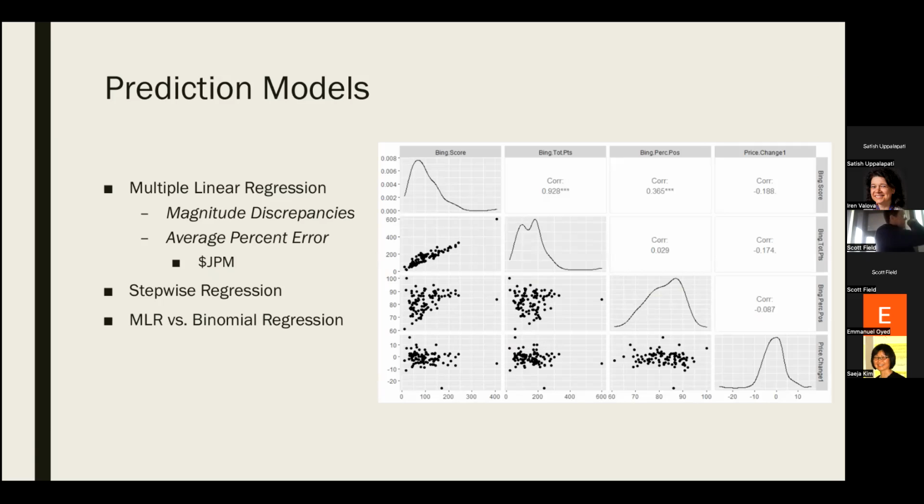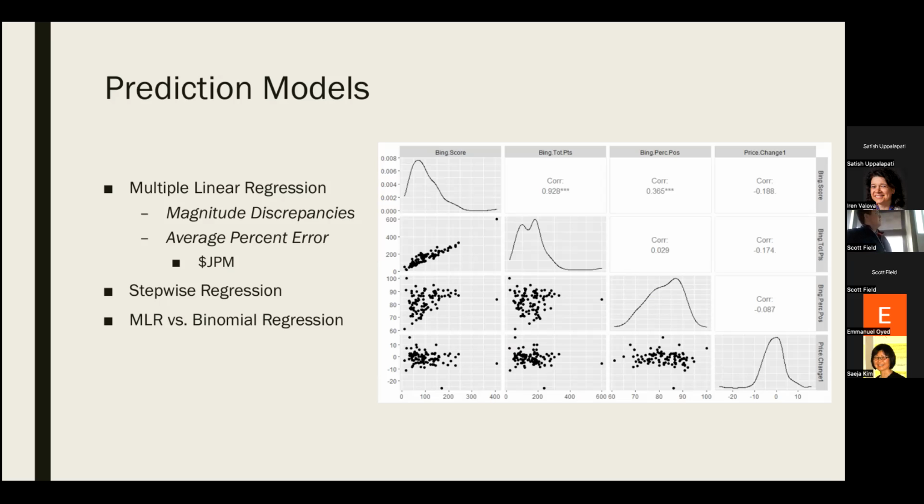And then right down the center is the distribution of each variable. As we would assume, the distribution for the price change is normal distribution. Maybe if you were looking at a specific sector, you'd see a left skewed or a right skewed based on if that sector did particularly well or poorly in a quarter. But anyway, I started with multiple linear regression.